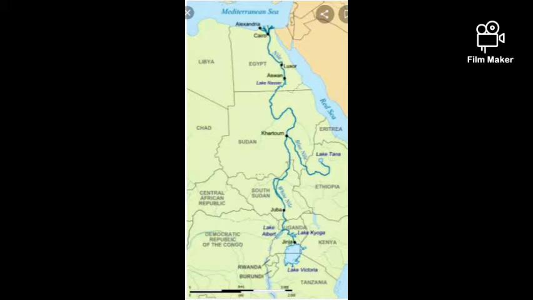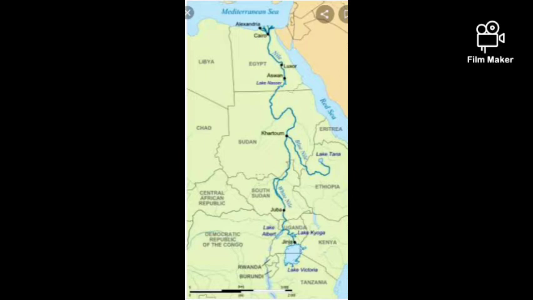This is the map of Africa, some part of the African continent, where you can see the Nile River. Yeah, this is one of the longest rivers which flows in the African continent. Okay, so for describing the extent of linear features like a river, road, etc., we need to consider the latitude and longitude of their terminal points. Now we'll see the linear features like the river and road.